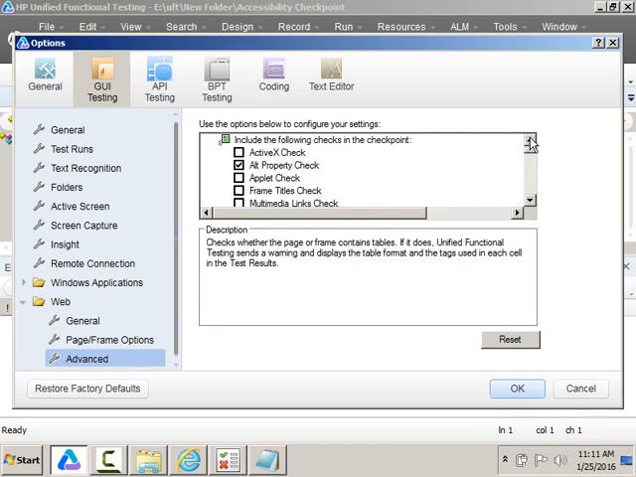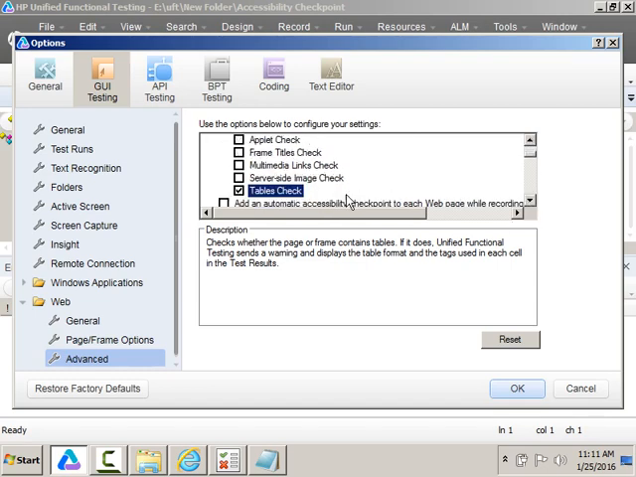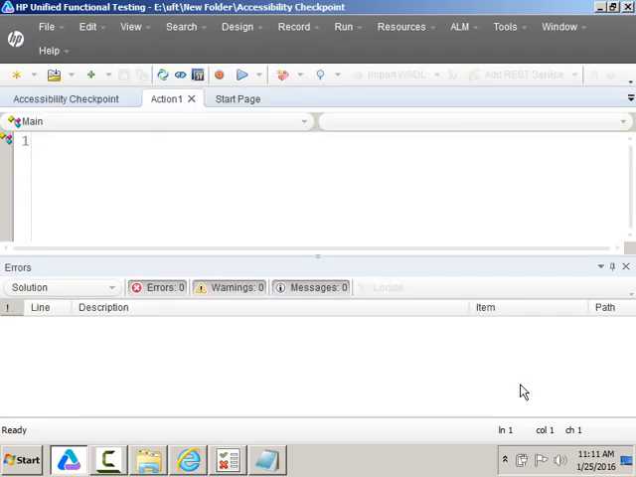Now whatever you want to validate, you have to select here. What have I selected? I have selected the alt property and I have selected table check. I have not selected the remaining things. Then click on OK. So I have selected two properties to be validated in the accessibility checkpoint when I insert it. Then what I am doing here